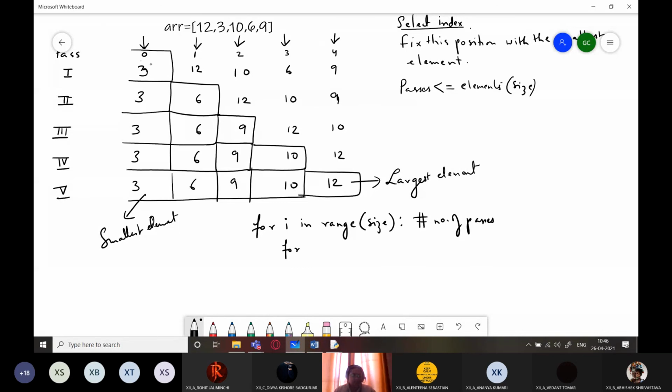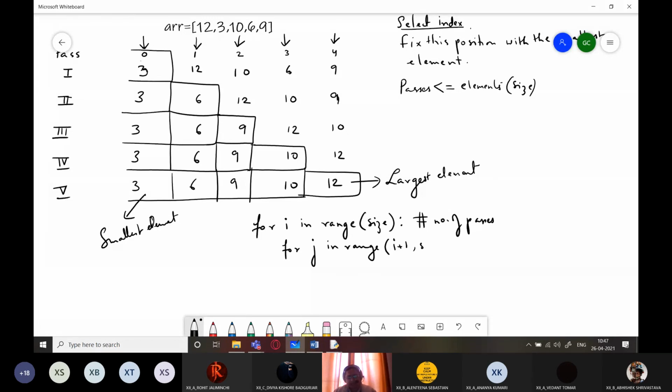Now see, when I was picking up one element, like I picked up the element at location 0, this was the first element, and when I picked up the first element, I was comparing the first element with the rest of the elements. So I will be doing it this way. For j in range, whatever is the value of I, j will always start from I plus 1.